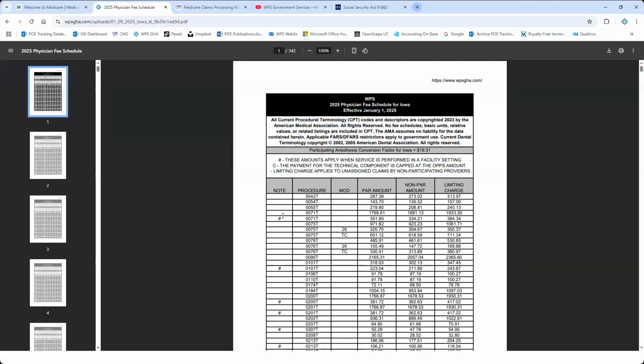Also, one thing on here to note is this, where it actually says note. There are physician fee schedules which can be reduced, so the actual fee for the physician's office is more than in a facility because the facility is paid for that, and that's in that note section.